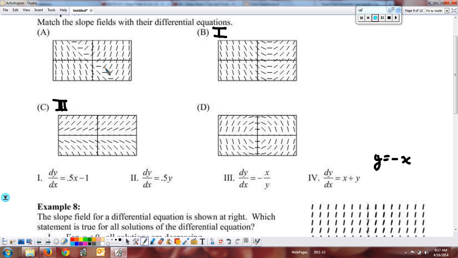So now look over here and you see that you've got this negative x line with your slopes of 0, and usually that's almost enough to do your matching. So this one would be 4. And then over here, by process of elimination, this one looks like it would probably be that, but we